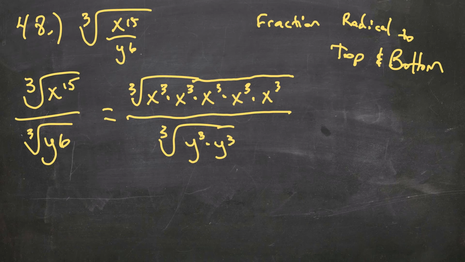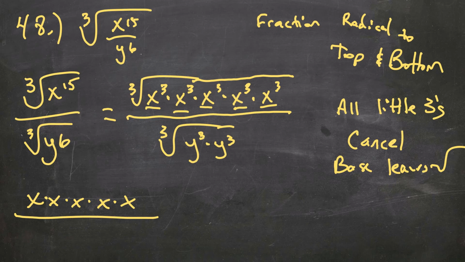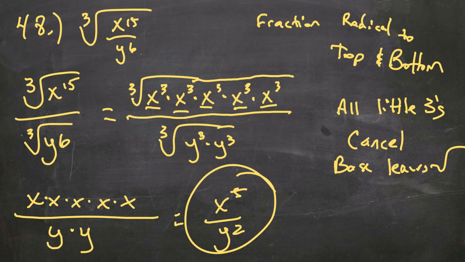Now, everybody who has a 3, all little 3's, cancel the base, leaves the radical. All right, so I have 1, 2, 3, 4, 5 x's that get to come out. So I have x times x times x times x, y times y, 2 y's come out, so I end up with x to the 5th over y squared. That's your final answer. Shortcut,